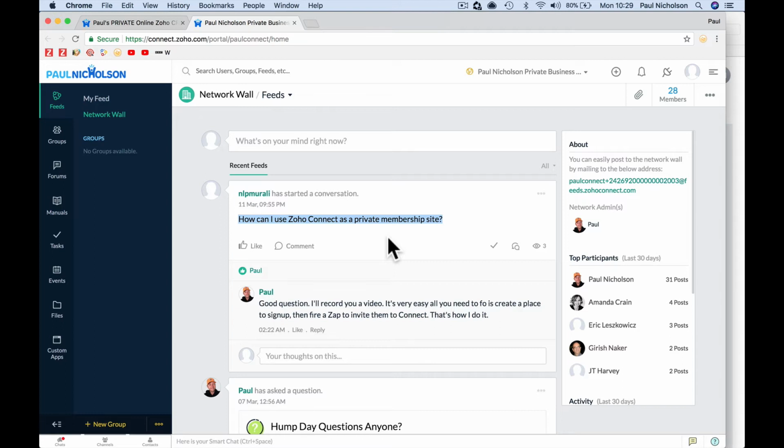How do I automate it like you've automated it, Paul? Because I want to set up a place where I take payment or take some sort of information and then invite them into a group. So it's not hard to do. There's two ways of doing it. If you're a Zoho One customer, you can do it through Zoho Subscriptions, fire it through Zoho Flow, and into the Zoho Connect